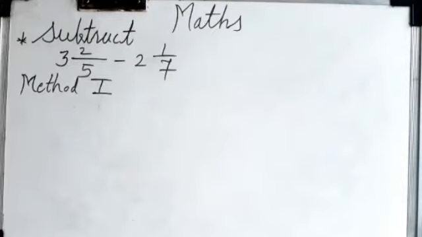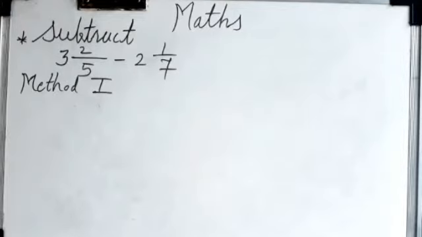So we have completed up till how to add two mixed numbers. Practice set 10 question number 1 also we have completed. I hope you understood how to add mixed numbers. Now let's see how to subtract two mixed numbers.